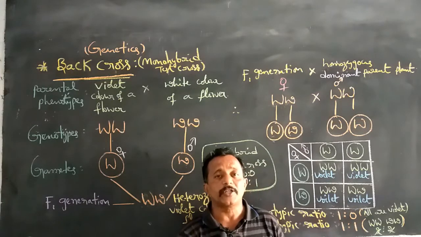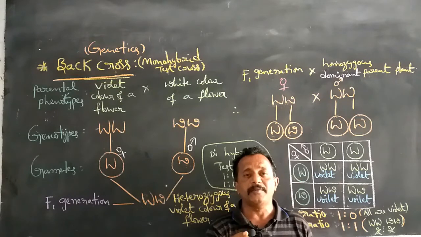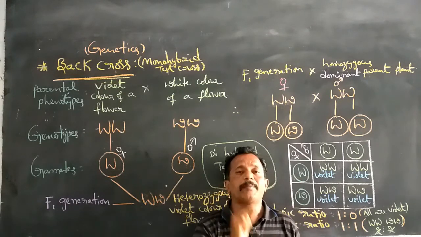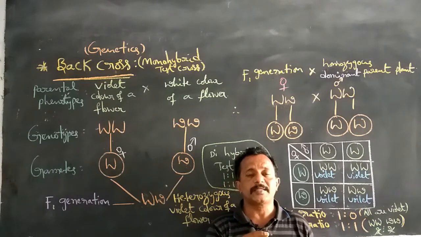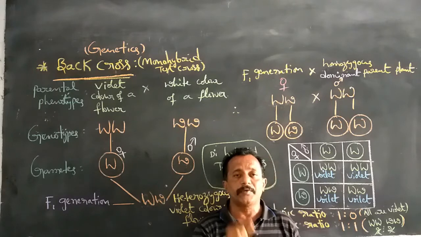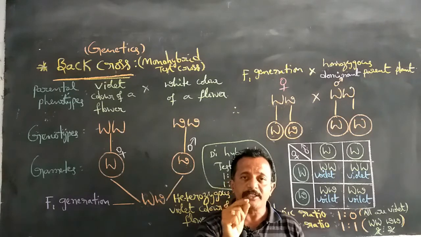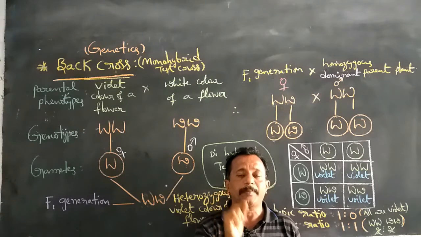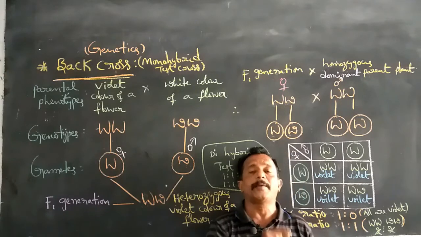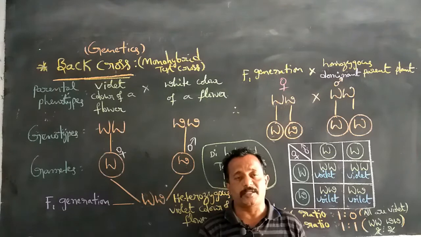What are the uses of test cross? The test cross always helps in determination of the genotypes of the given plant, by means of which similar kinds of parental characters will appear, that is, the F1 generation plants will appear again and the homozygous recessive parents will appear again. So that is the test cross.